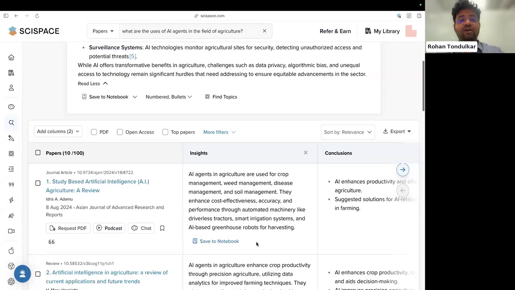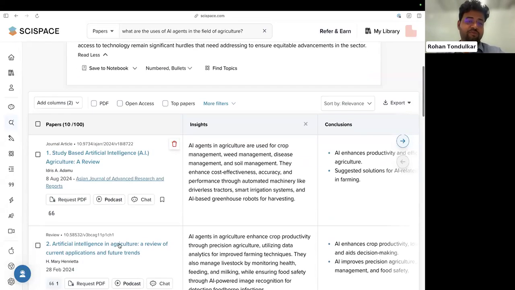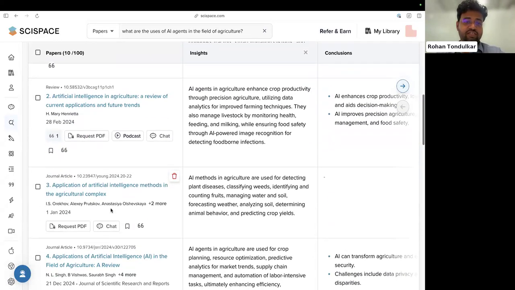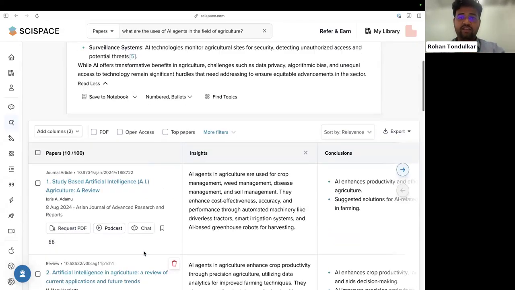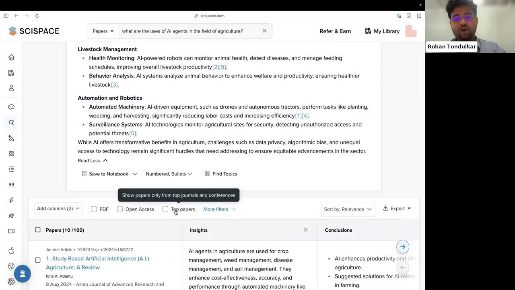So I'm a researcher now. These papers are coming from different journals and conferences. I don't know which of them are good quality and which are not. So we have something called top papers as a filter. What it says is show papers from top journals and conferences.